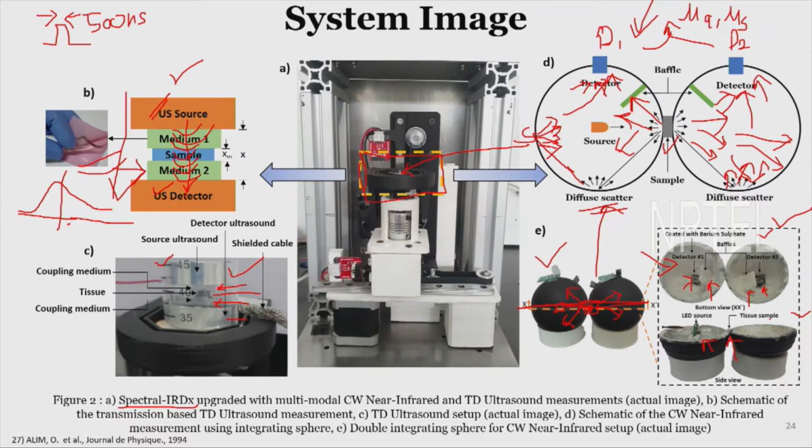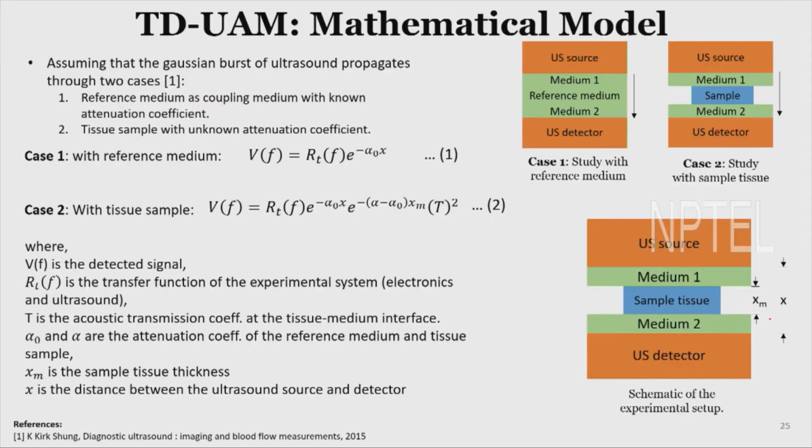Okay, so let us go through the mathematical model which is required to quantify the acoustic coefficient and the optical coefficients. The first is the acoustic coefficient. In the first case, what we give as input is the pulses over here. It's a voltage pulse which is 5 volt peak to peak to the ultrasound transducer, having a VDC of around 2.5. So this is actually 0 volt, the bottom part.